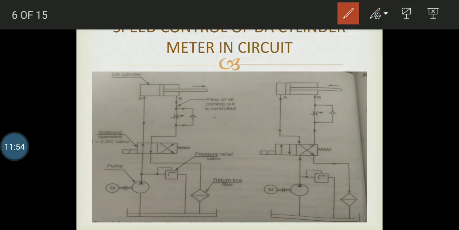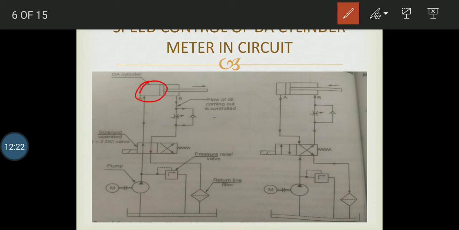The complete setup is similar to the meter in circuit. The flow is allowed to get inside the cylinder at port A, filling up the complete section at port A, and the piston moves from left to right. Once the cylinder is completely filled, it is time to drain.